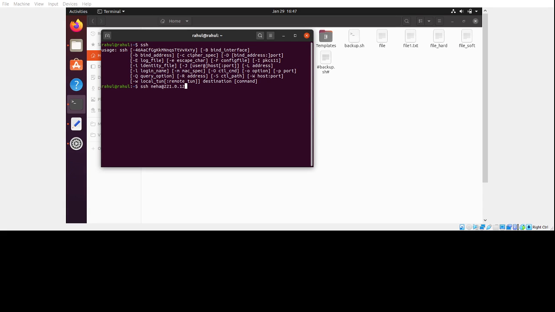The ssh command is used in the terminal on which machine to run the following command as ssh your username at the host IP address. If the username on the local machine matches the one on the server you are trying to connect to, you can just type ssh host IP address and type your password, like ssh neha at the rate 2 and IP address 234. But I don't have access to the IP address.